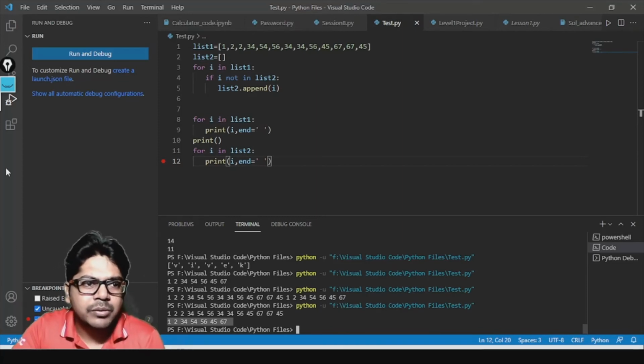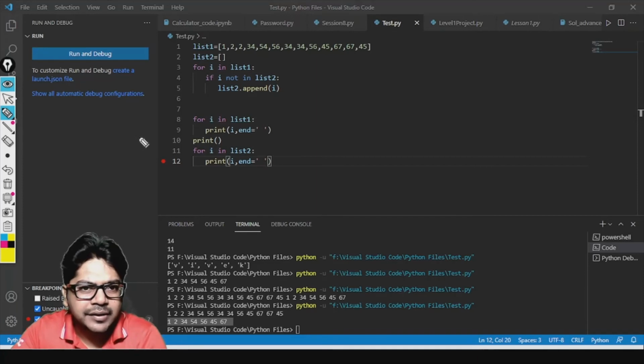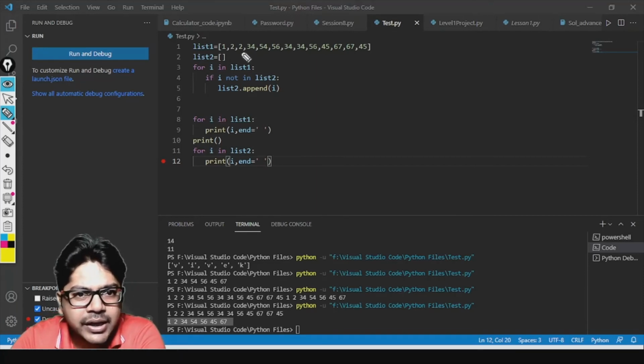The reason is that Python has so many operators that it makes our task easier. If you had to do the same thing in C++ or Java, it would have taken some time. But here we just completed it in a couple of lines, right? How did I do that?